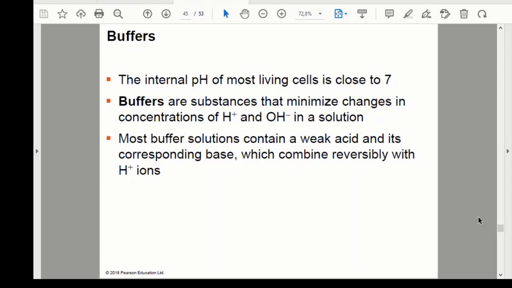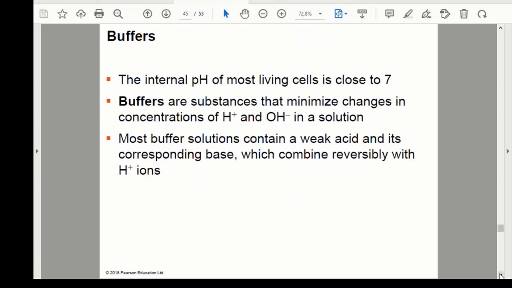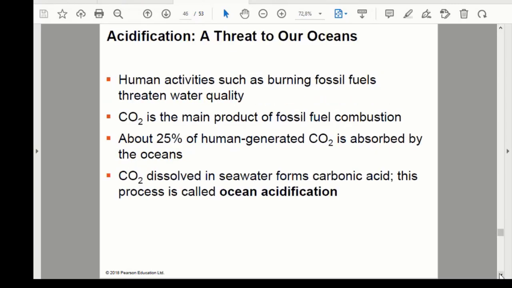So remember, last week we talked about how reactions have to be reversible, and how do you show that a reaction is reversible? What is the symbol when you're doing a reaction which is reversible? We're talking about the products and reactants. You should be able to go back through all those concepts that we talked about, and you should be pretty much knowing them. So acidification, here we're talking about buffers. So acidification, or how is it a threat to